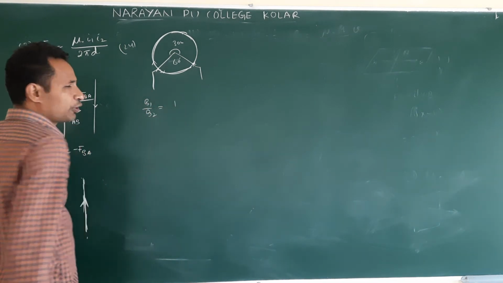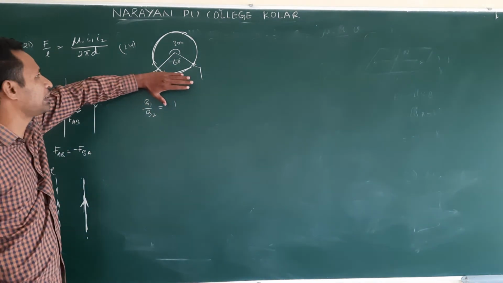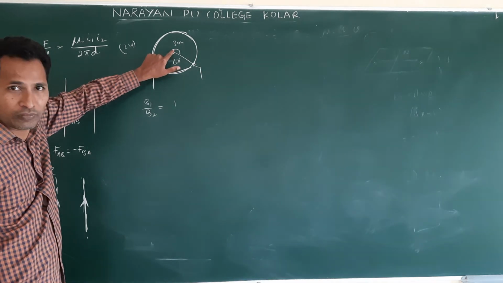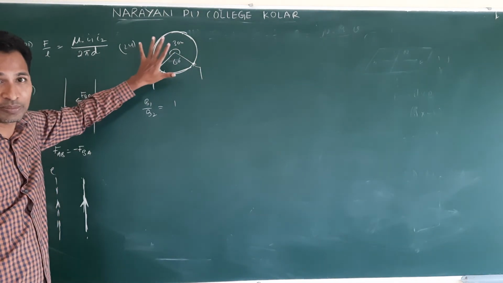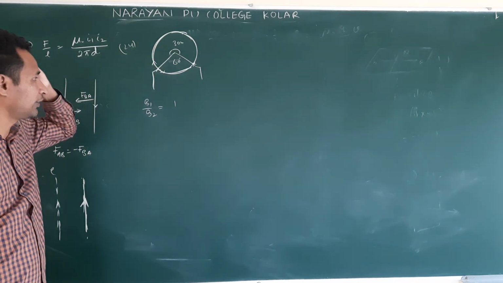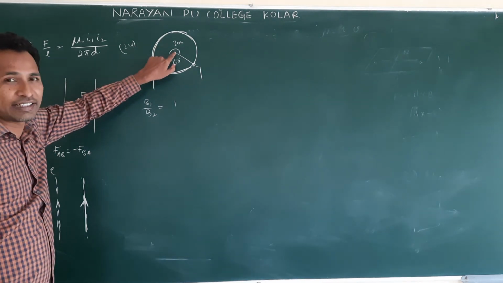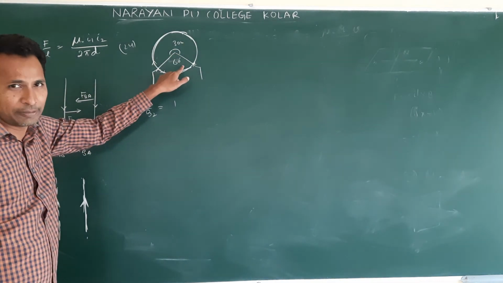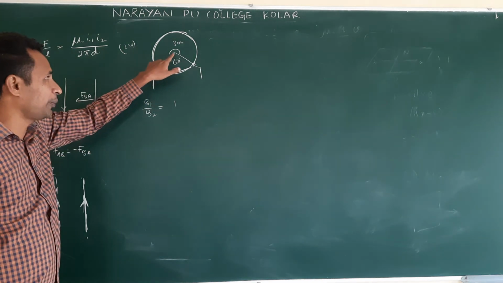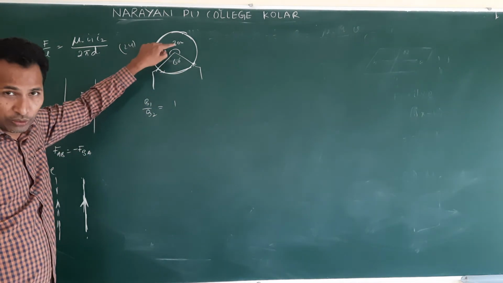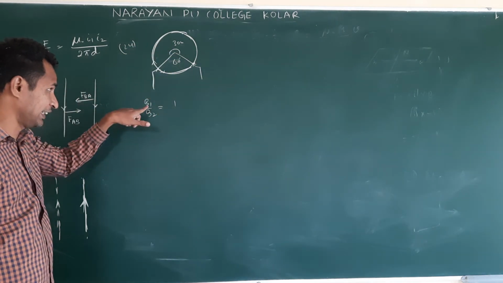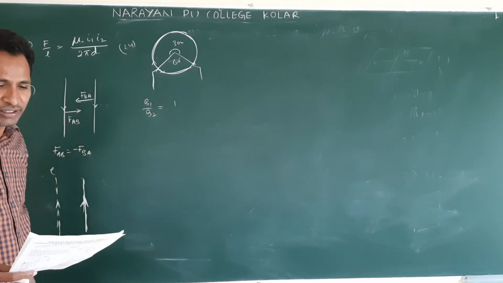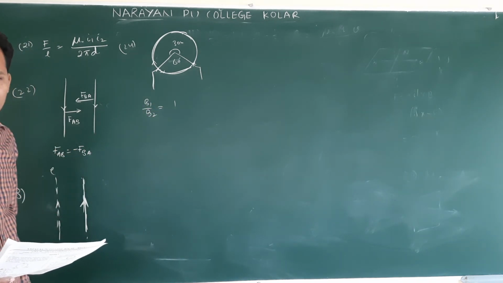This answer is 1. Actually, I mentioned when it is connected like this with the same conductor, the net magnetic field at the center is 0. Right? I mentioned it in our moving charges and magnetism starting synopsis discussion. So net field at the center 0 means magnetic field due to this conductor and magnetic field due to this conductor remain the same, so equal magnitudes opposite in direction give 0. Net field I am talking about, but they are asking ratio. So their magnitudes are equal, so their ratio is 1. Clear?